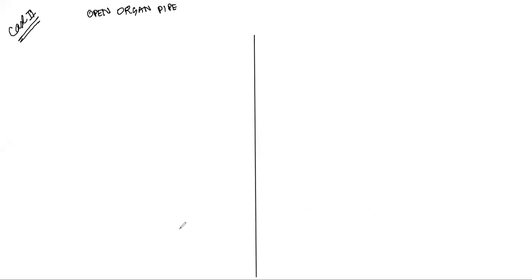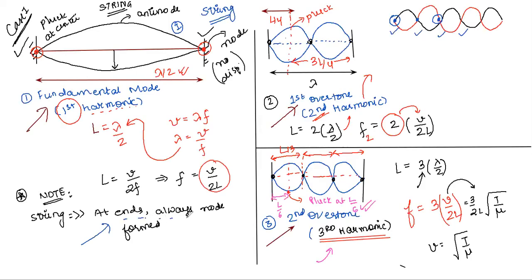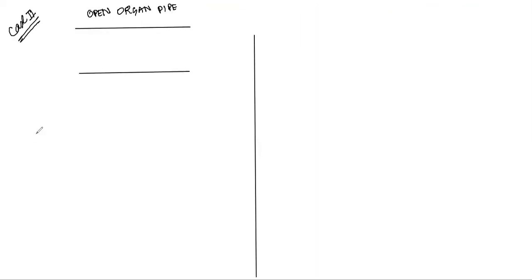Right? So an open organ pipe will look something like this. Okay. So in an open organ pipe, again, how will you draw? See here, remember some rules. One rule that we had learned is that in case of a string, at the end, always a node is formed, right? Whereas you can learn a basic rule that whenever, I'll write this here, whenever